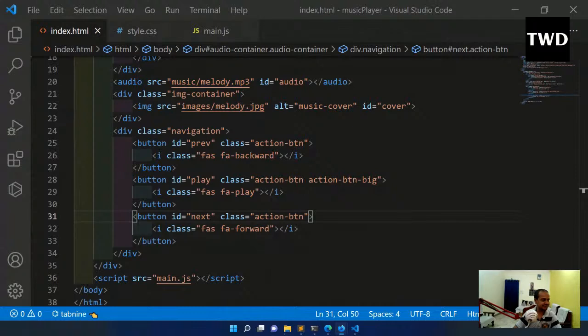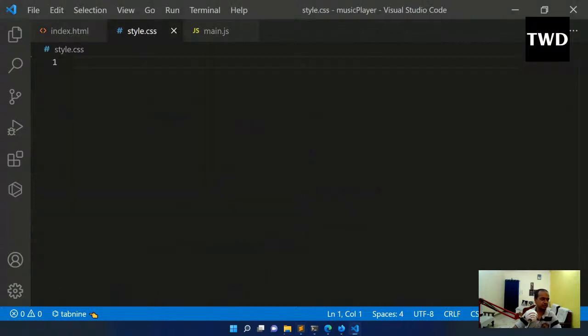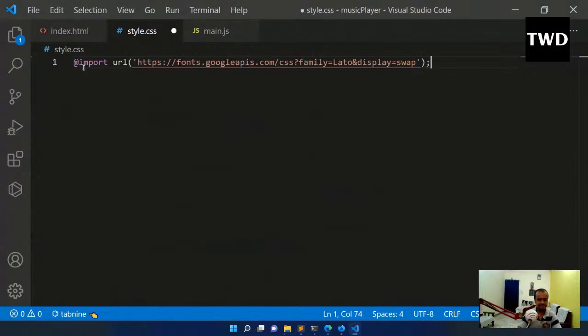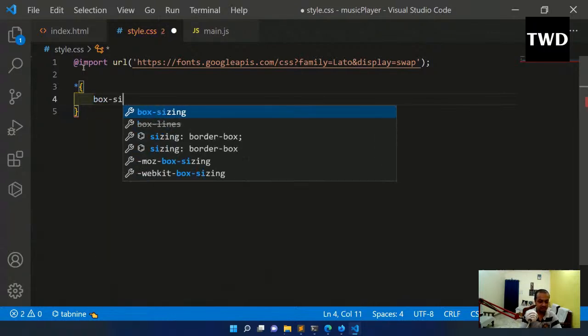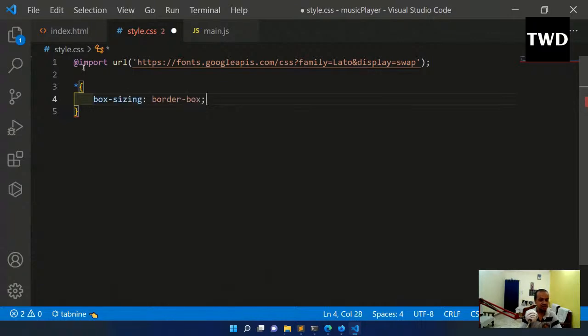Okay, so the first thing which we are going to do is import a Google font. So let me do that. We are going to use the Lato font, so I am going to do that. Okay, and then star, box sizing is border box, and